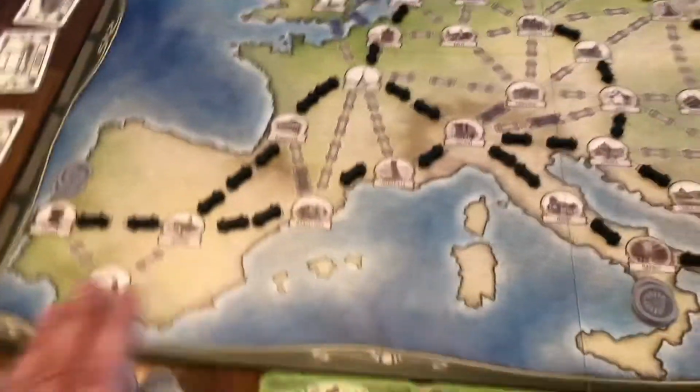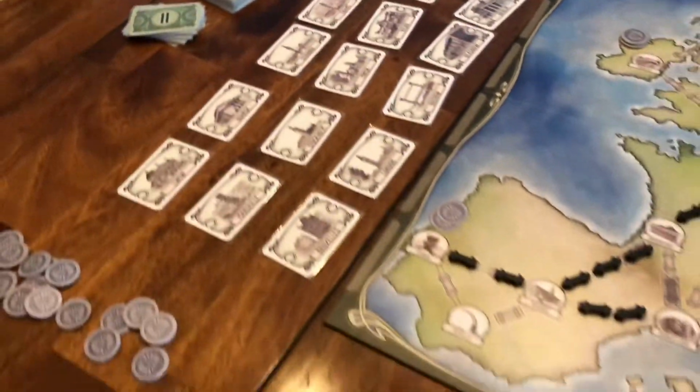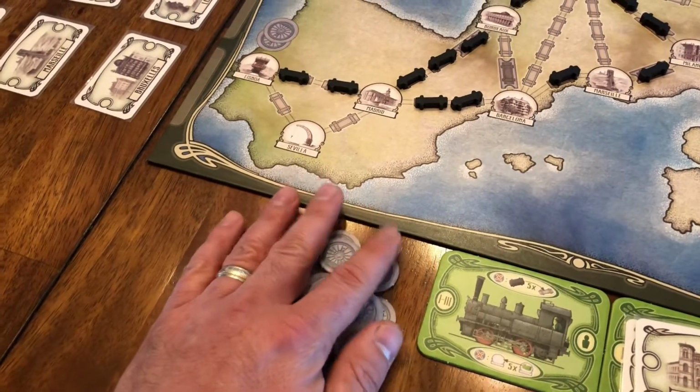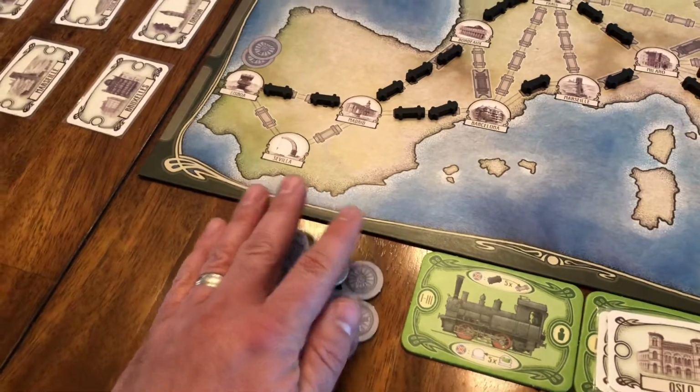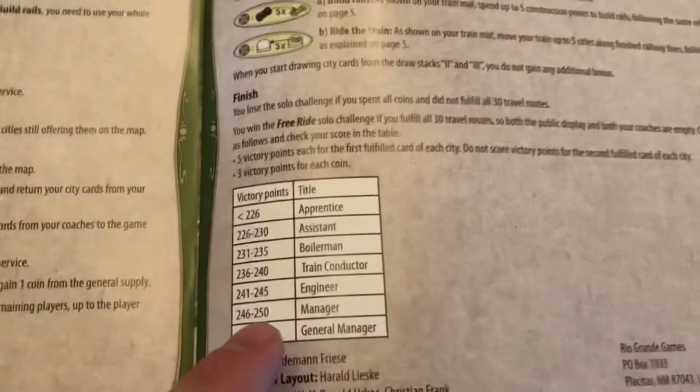So at the end of the game, you have to complete everything in all these piles before you run out of coins. And if you do, then you can score it. If you don't, you get a loss, pardon me. And the scoring conditions are here. And the way you score is that